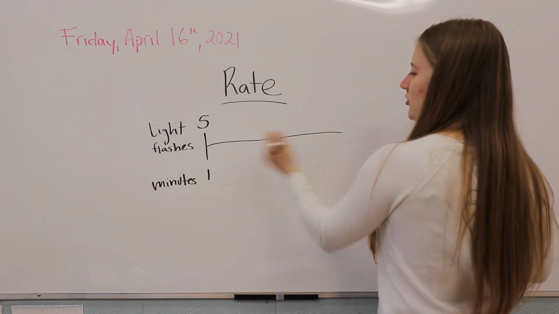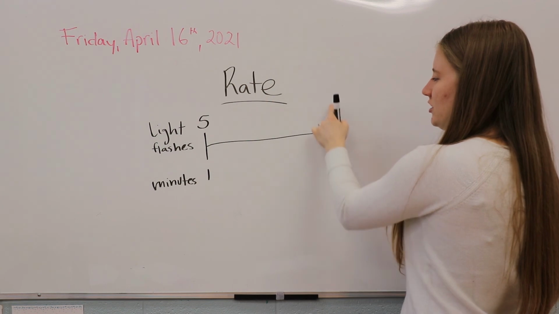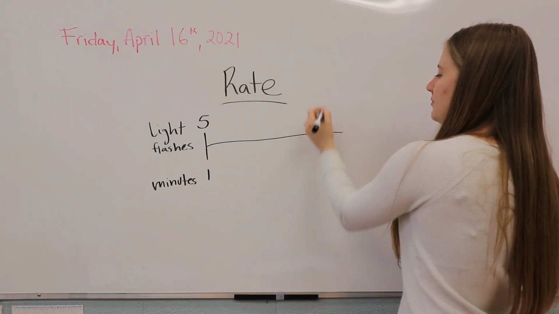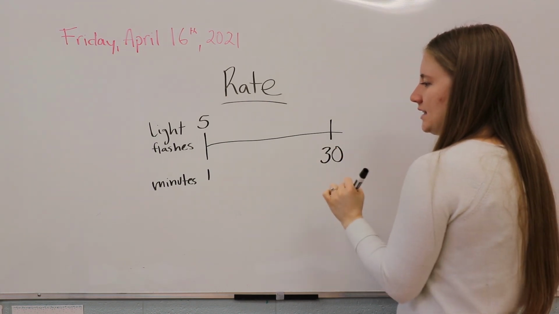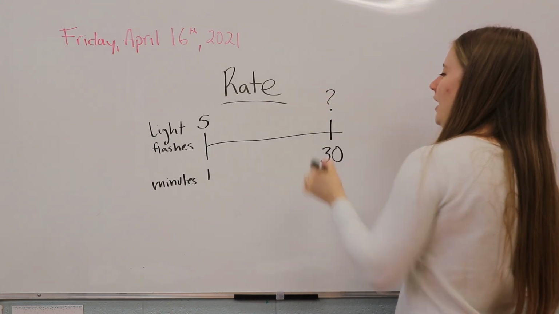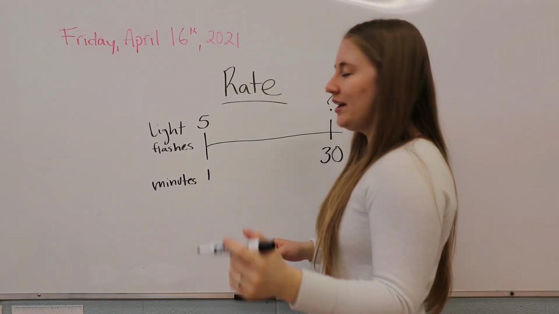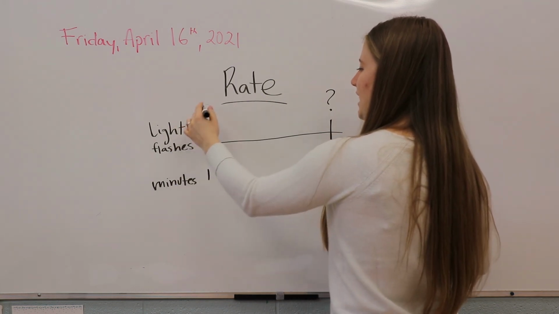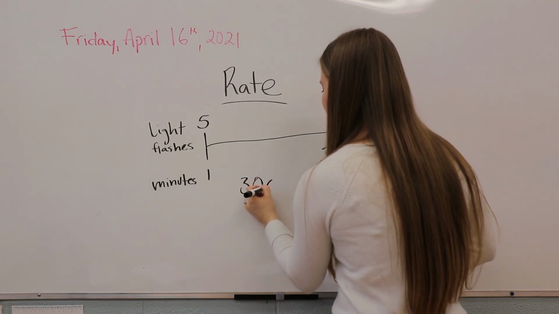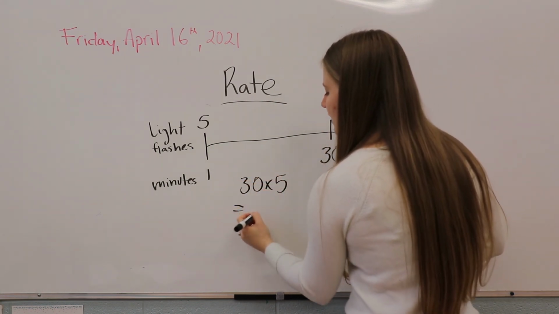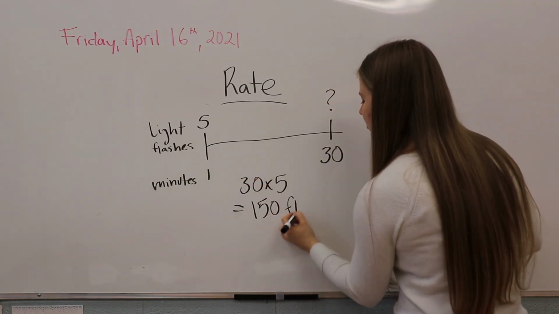And so it would take a lot to draw my 30 boxes, right? We don't want to do that. We want to make it easy for ourselves and just draw a second line to mark the next value, which we want to be 30 minutes, okay? And we're looking for how many flashes, okay? And in order to find it, we know that all we have to do is multiply our unit rate by 30. So we do 30 times 5, okay? Which is going to give us 150. And it's 150 flashes